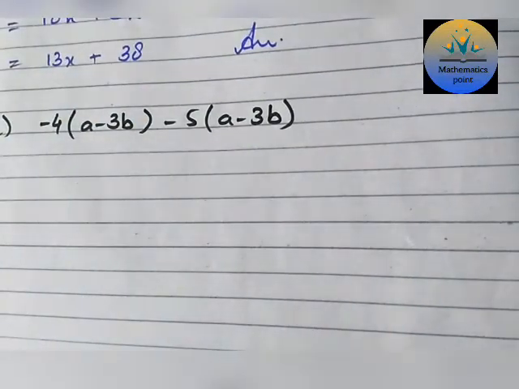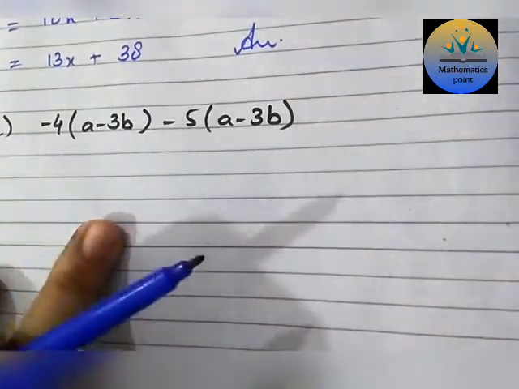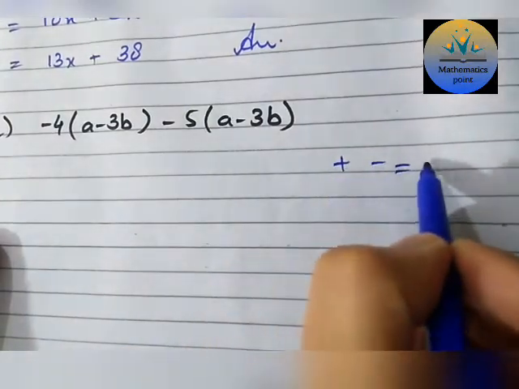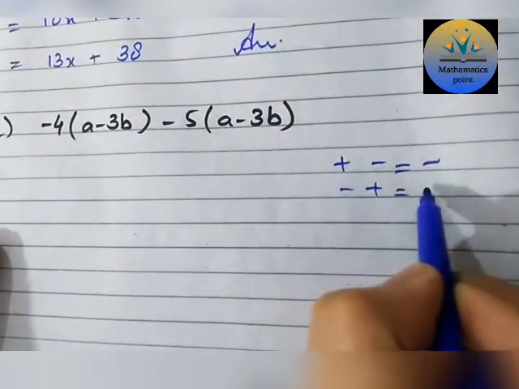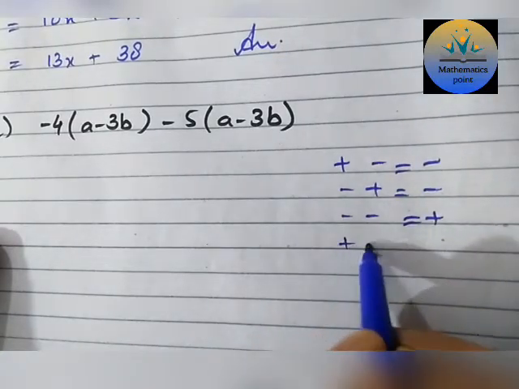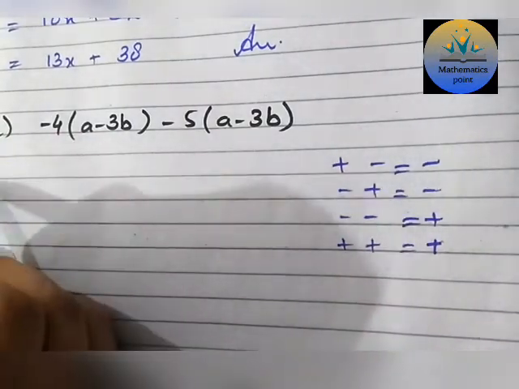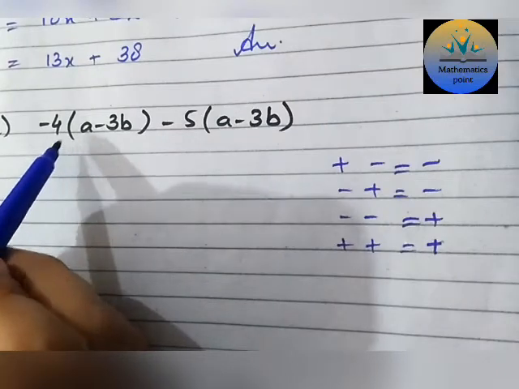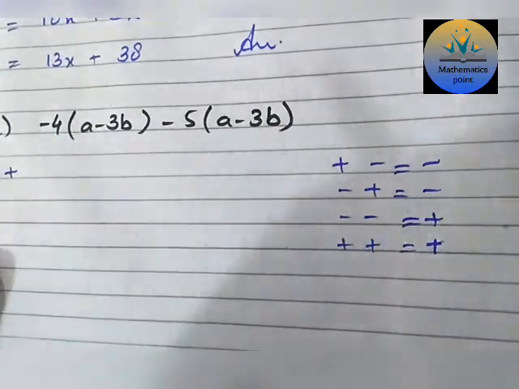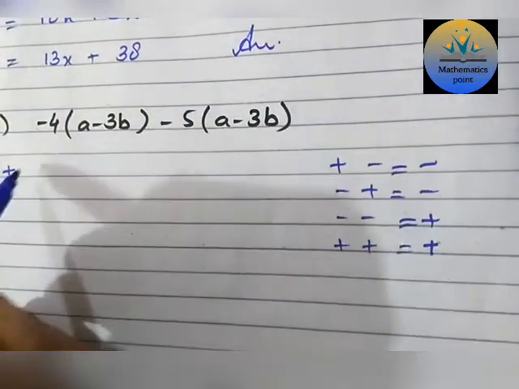Okay, so in part E, again here we use your multiplication rules as well as the distribution law to multiply. Plus minus will become minus, minus plus will become minus, minus minus, same signs, will become plus, and plus plus is equal to plus. Now look at the sign that the a has. As there is no sign mentioned with the a, that means a has the positive sign. Plus minus plus, it is your own choice whether you want to write the plus sign. If you don't write it, it will be fine at the start.